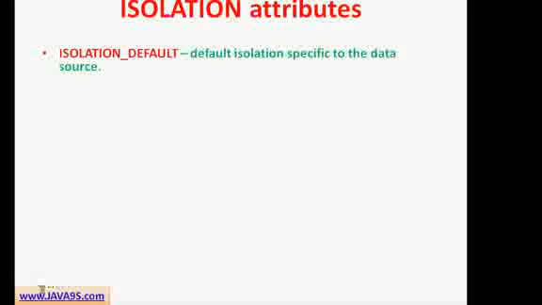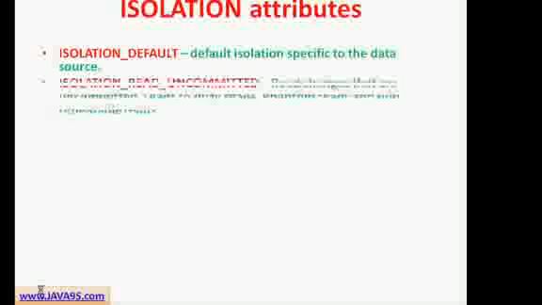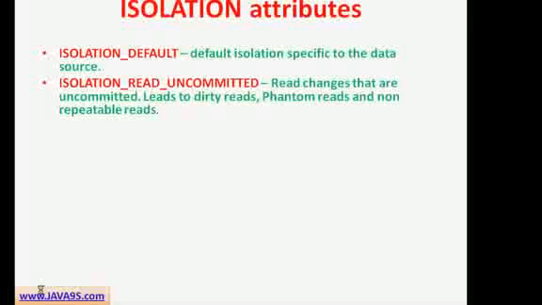Isolation default is the default isolation strategy for a particular data source. So whatever the default isolation level the data source has, it will be used. When you specify isolation read uncommitted, you're telling that the transactions can read the uncommitted data. This will lead to dirty reads, phantom reads, and non-repeatable reads, and you should avoid this kind of data because you're going to